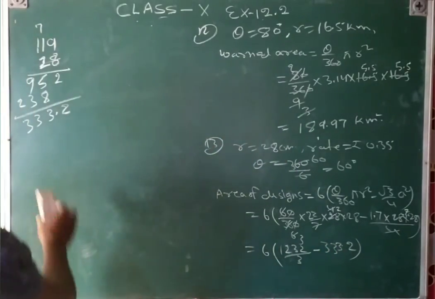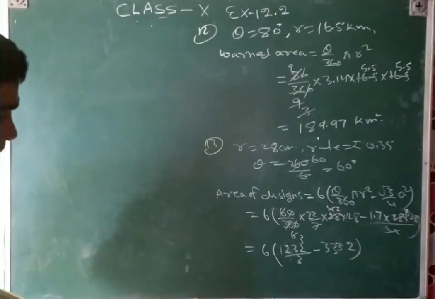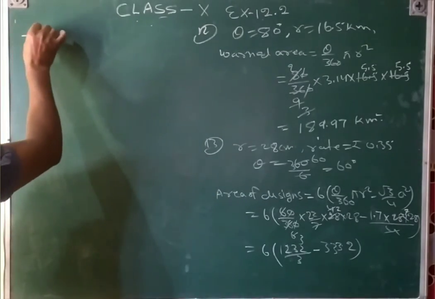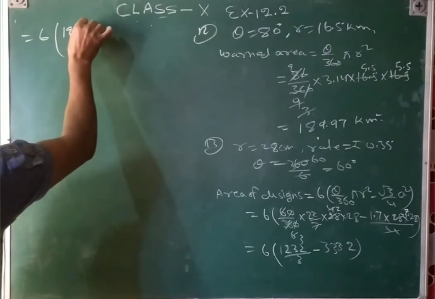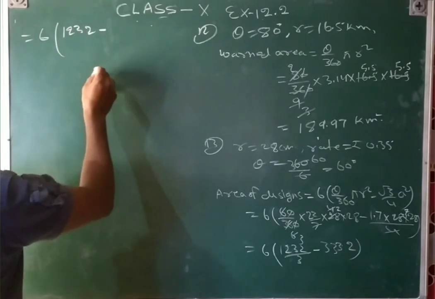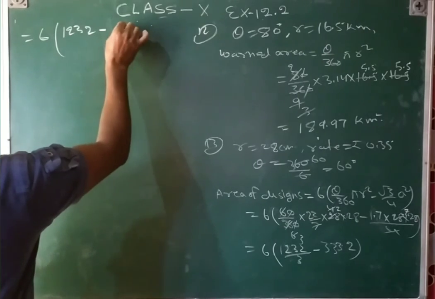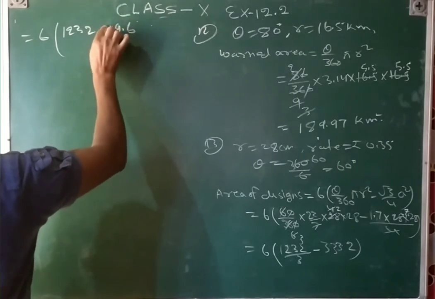And then after, by that 6 bracket 12 32 minus, by the LCM 3 2 ja 6, that is 3 3 ja 9 9, that will